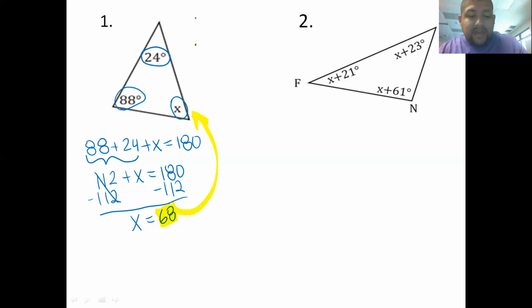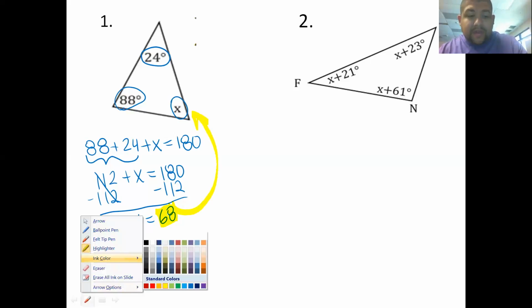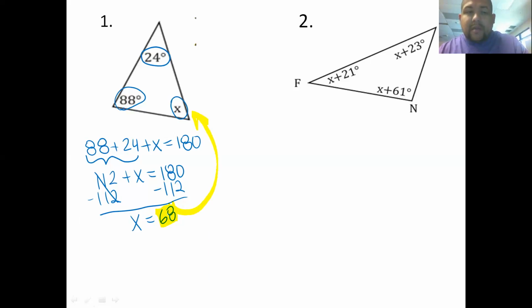The next one is problem number two, and it's asking us for a variable again. Let's find the variable and plug it back into F. Let's see what the angle of F is. Just like I told you, you might be asked to solve for the angle. What we're going to do is add them all up. So F is X plus 21, plus X plus 61, that's angle N, plus X plus 23,